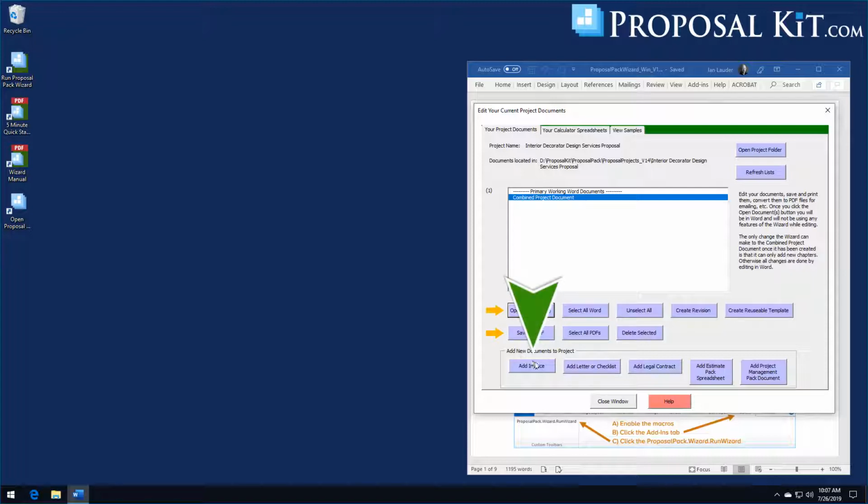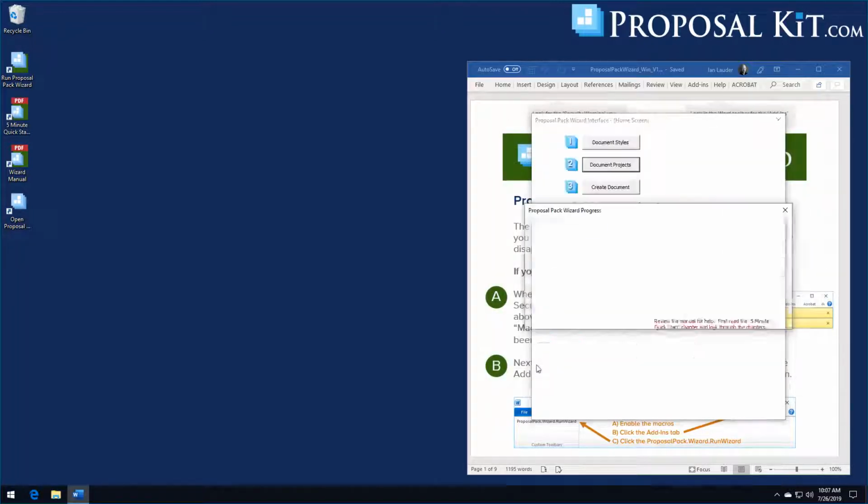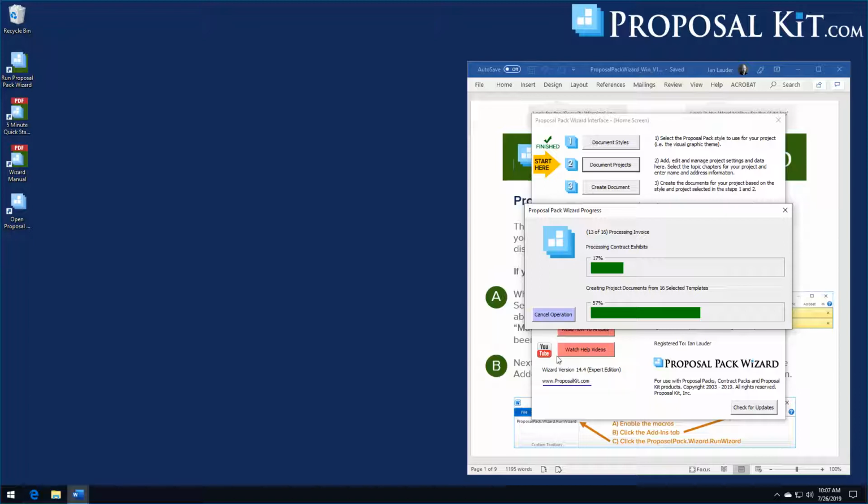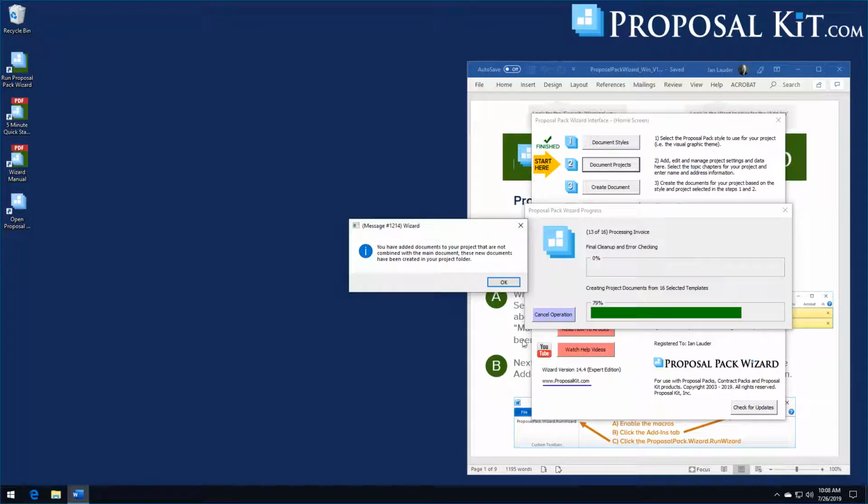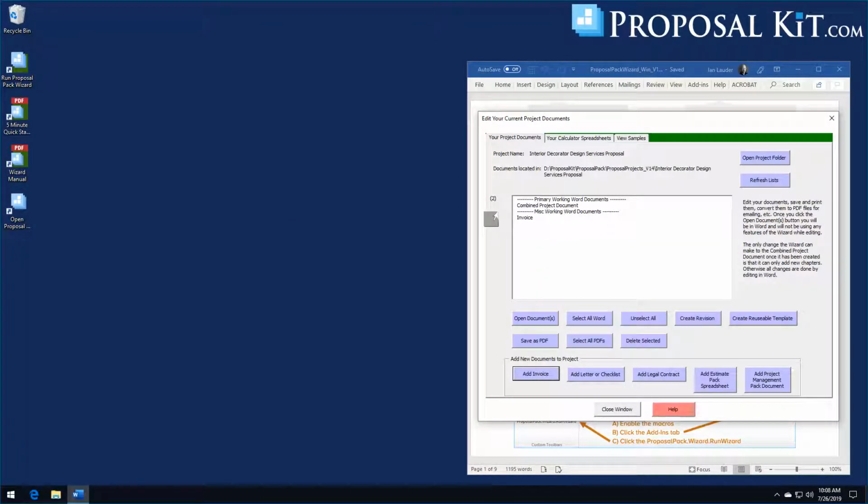So say we want to add an invoice to this project. Also, if you're using the Expert Edition, this invoice can actually be linked to the Excel spreadsheet that is linked into the Word document. For example, if you're using the cost summary spreadsheet and you have that linked into your document for the proposal, this process will actually link that spreadsheet into the invoice template as well. So that way you can do your calculations in one place and have them auto-update both documents. So now that we've added the invoice,